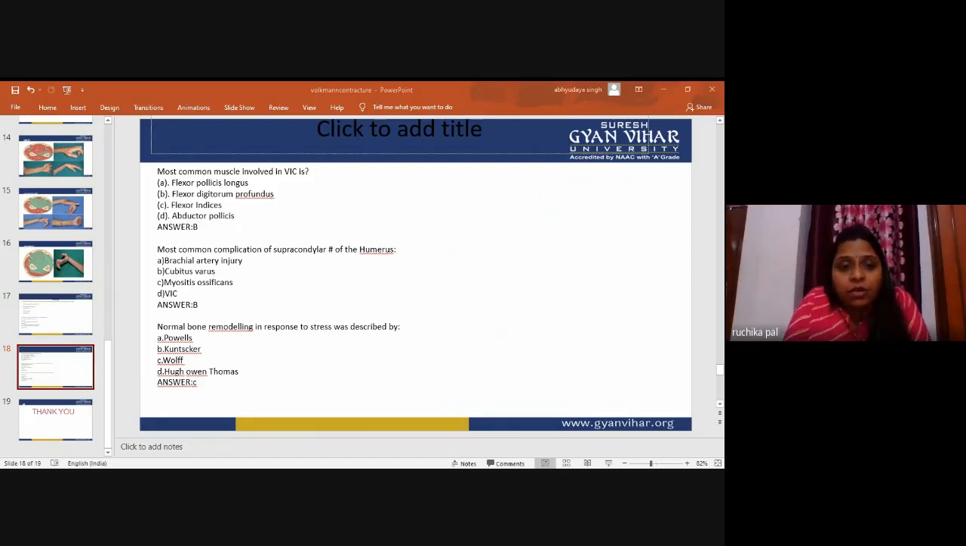Normal bone remodeling in response to stress was described by Pauwels, Kostuik, Wolff, Hugo, and Thomas. So normal bone remodeling in response to stress was described by Wolff. So these are the multiple choice questions for the VIC. Now, if we go for a little bit different multiple choice questions,